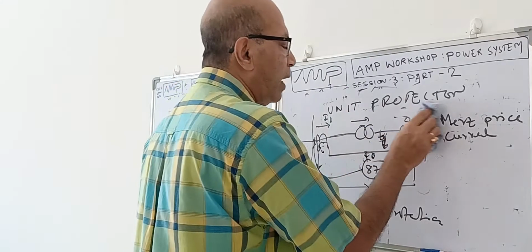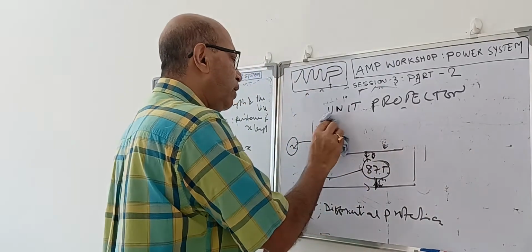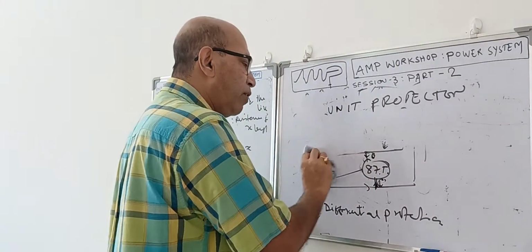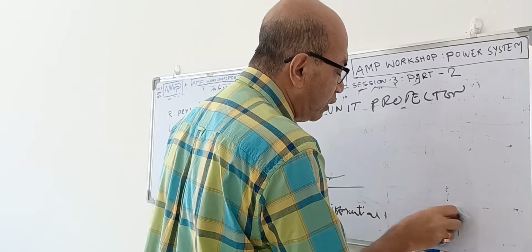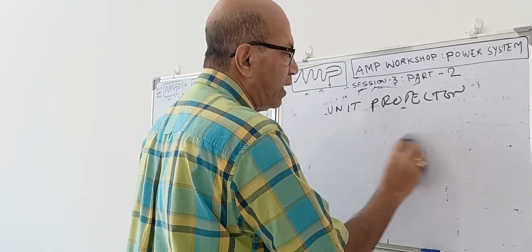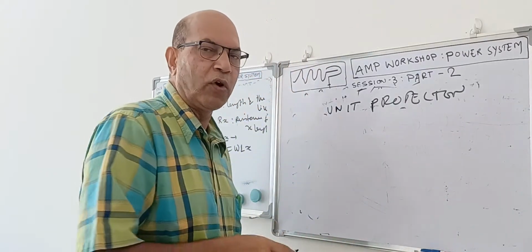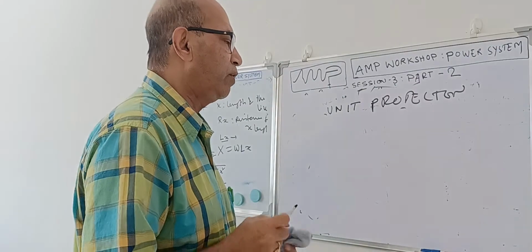There is another similar protection, like the distance protection. It is a non-unit type protection, but we can convert this distance protection to a unit protection by modifying it, which we will discuss afterwards. We call it the carrier rated scheme. We can add the carrier rated scheme to the distance protection to convert it from non-unit protection to unit protection.